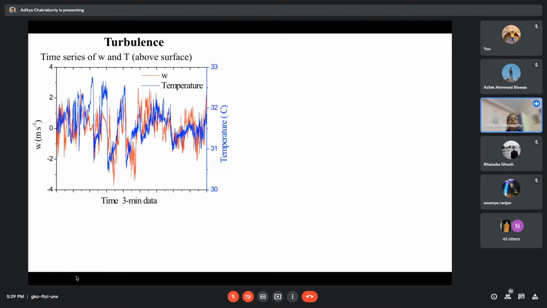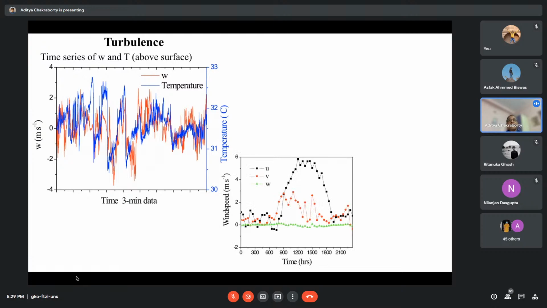Now, to tell you a little more about the turbulent processes, this slide shows two parameters. One is temperature and one is wind. The wind is shown by the red line and temperature is shown by the blue line. What we see here is that they have a very high covariation. Since wind is one of the components used in the turbulent process, we can say that it also controls or gets controlled by the temperature. And temperature here is basically the surface temperature, which is controlled by the emitted solar radiation at a given place.